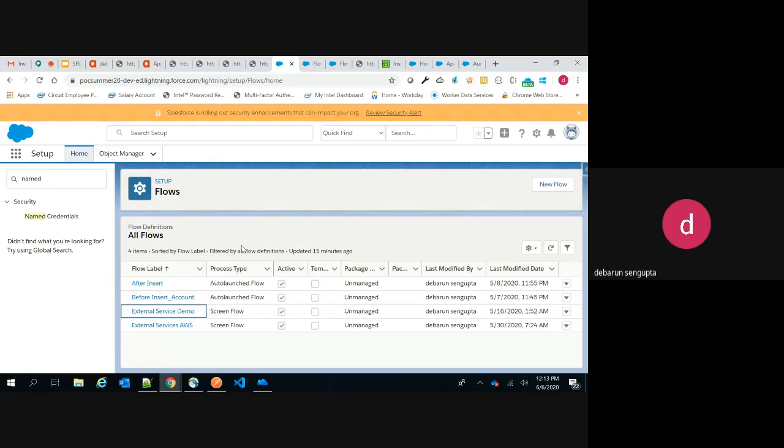Like this external services flow which I told you, the APIG which we have created as a proxy will not come into picture, because here we are directly specifying the actual target endpoint. What I wanted to show here is, say you have an actual endpoint where there is no gateway layer involved, and you want to directly do a callout to that service, not going through a gateway layer, middle layer or proxy layer. Then you can follow this approach of creating a named credential and external services to just do a callout, and you don't need to end up writing the same boilerplate code that we generally write in all the Apex classes.